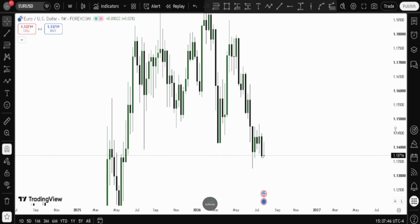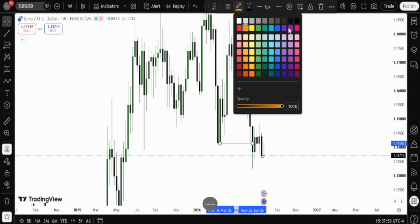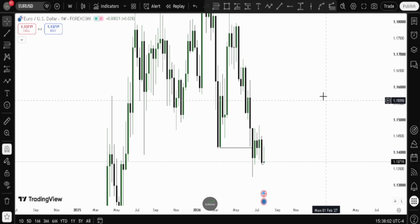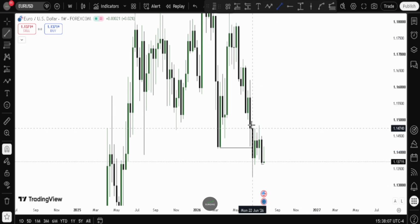The low once again, and in this one you're looking at your USD. So starting off on a weekly, this is what happened. Broke below that low, made an adjustment inside this fair value gap